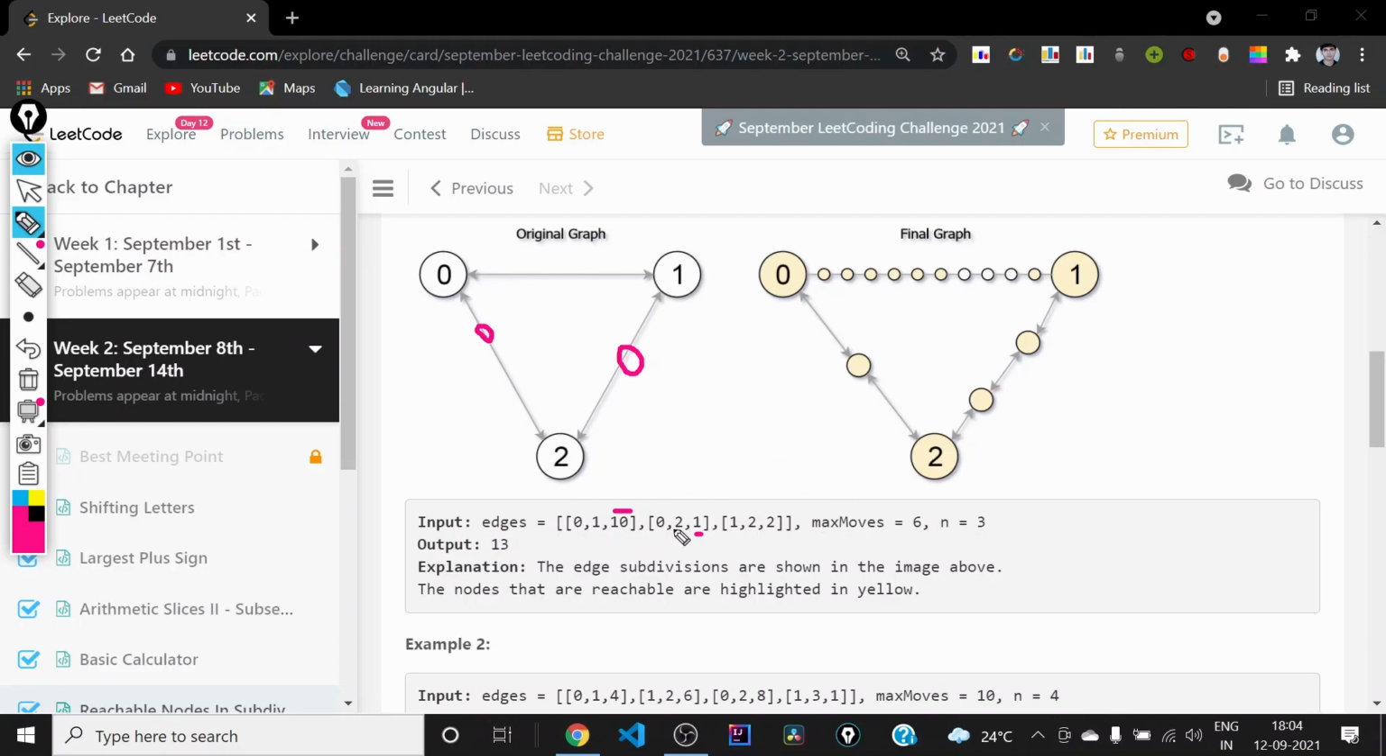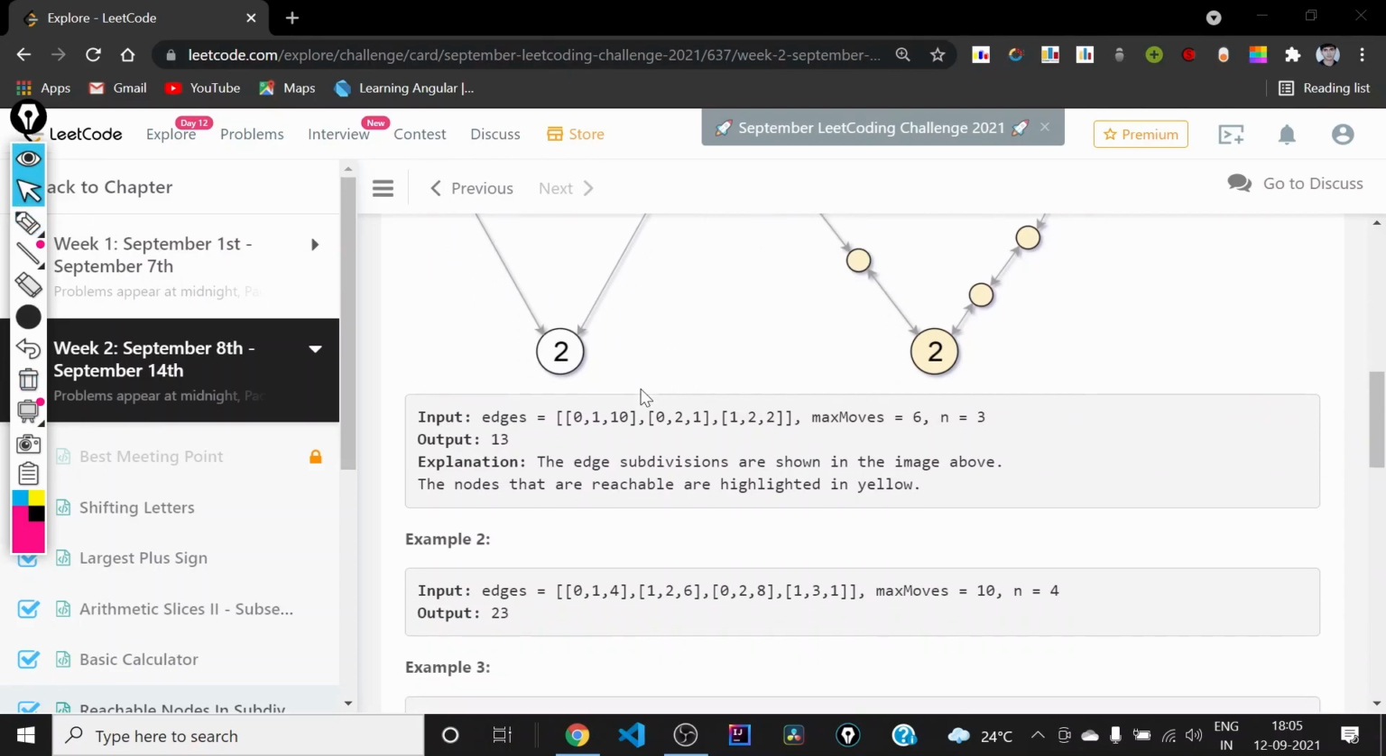Sorry. So between 0 and 2, we have to insert one node, and this will result in 2 edges. And between 1 and 2, we have to insert 2 nodes. So this will result in 3 edges. And here there will be 10 nodes as suggested by this final graph. So